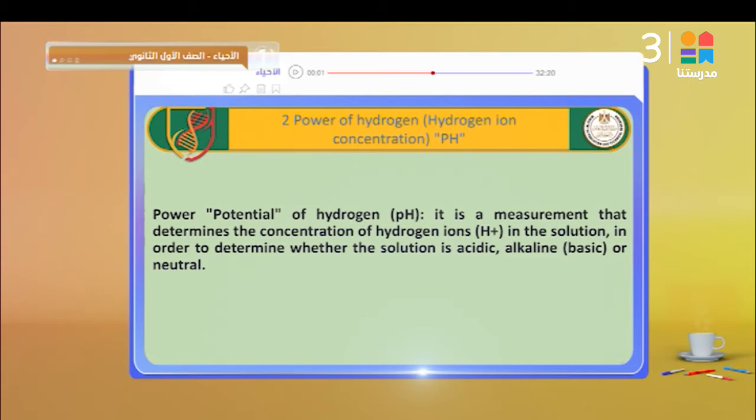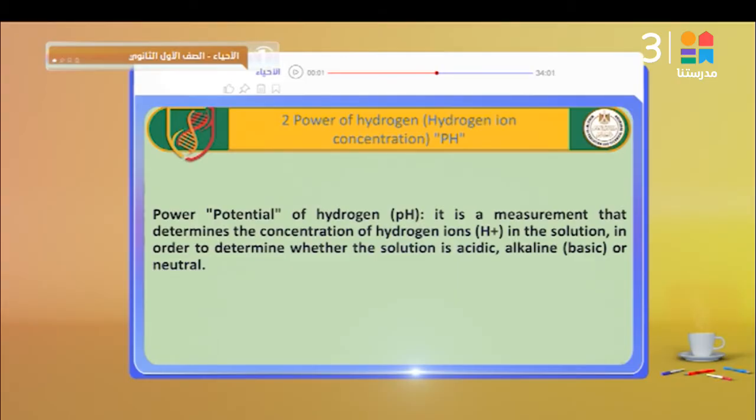Power of hydrogen is called the concentration of the positive hydrogen ions, pH. I explained it before and am repeating it again. pH means the concentration of positive hydrogen ions in the solvent, whether neutral, acidic, or basic. The number 7 is neutral, as water. Acidic is from 1 to 6, and the basic or alkaline is from